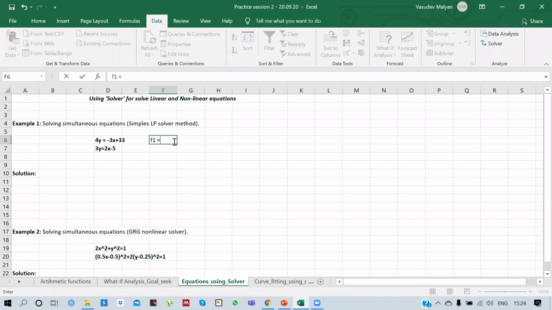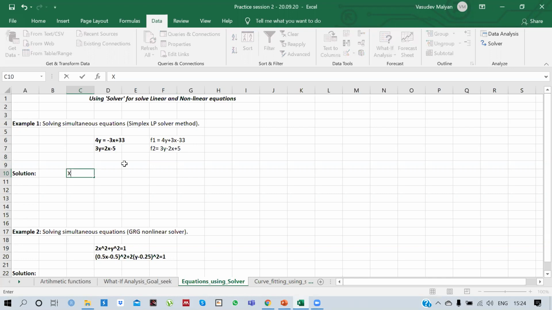My function 1 will be 4y + 3x - 33, and my function 2 will be 3y - 2x + 5. These two are my functions, and I'm supposed to find the root of these two equations at which both the equations are satisfied.